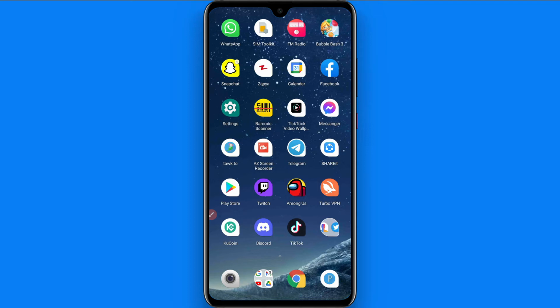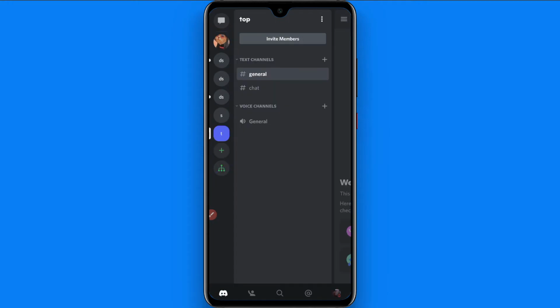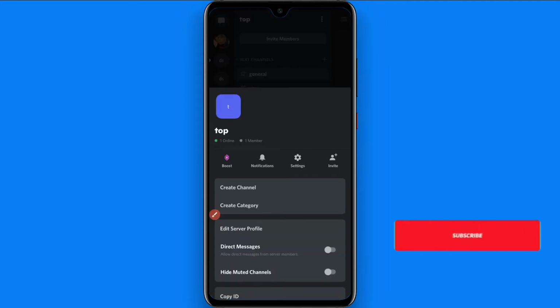First of all, you have to open your Discord mobile application and log into your account. On the top left you will see a three dot icon. Now you have to select any server from here. So let's suppose I select this, and once you do it, click on the three dot icon of the server. Once you tap on it, go to